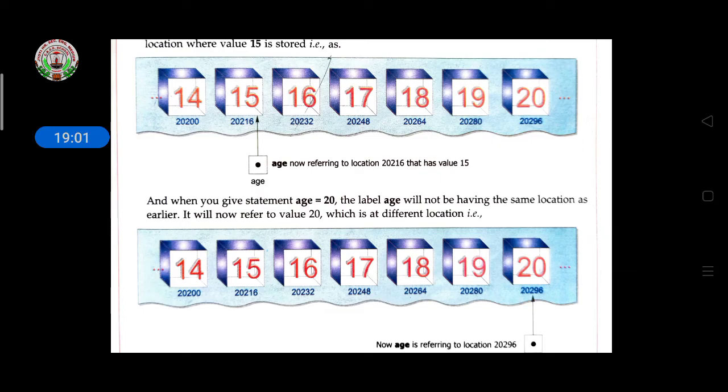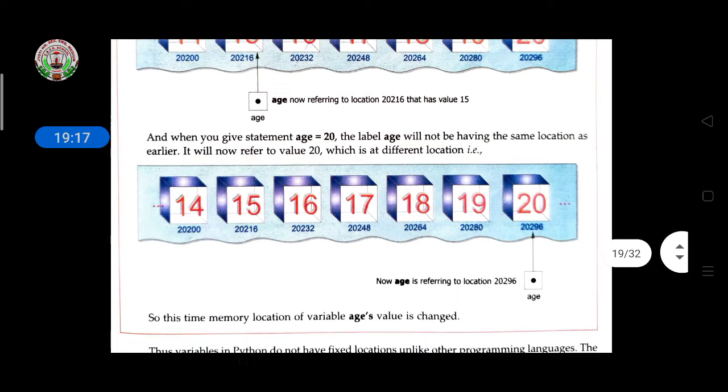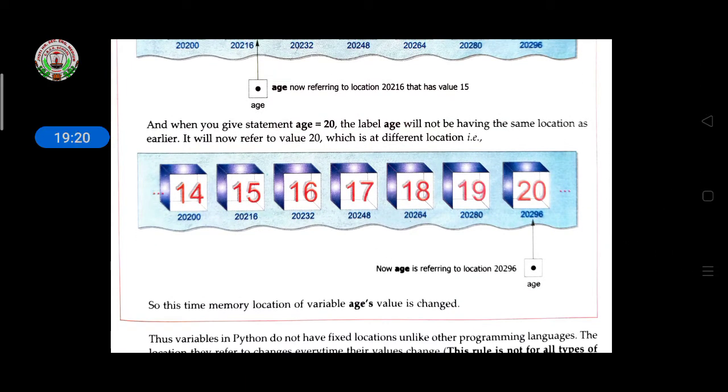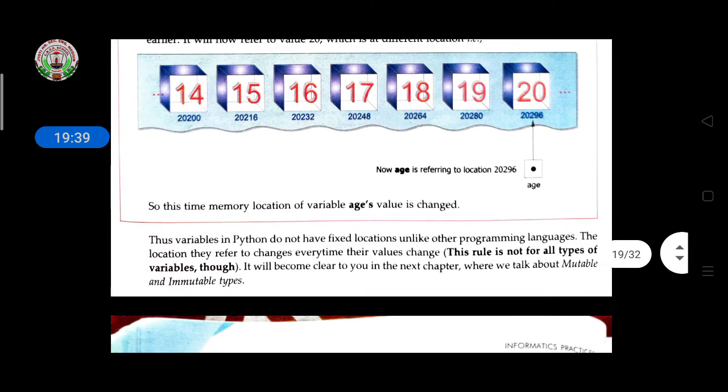Then when you give the statement age equal to 20, the label age will no longer refer to the earlier location; it will refer to value 20, which is at a different location. So first you have given the value 15, and afterwards if you assign age the value 20, the value immediately changes.